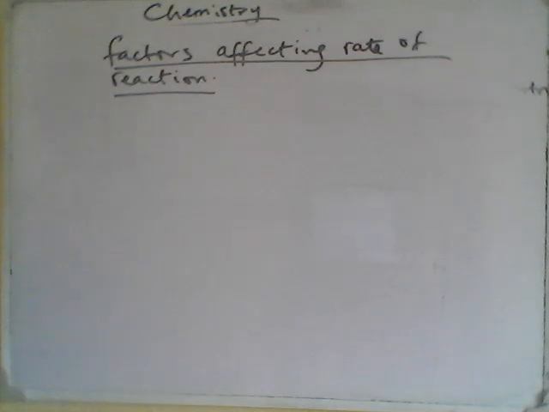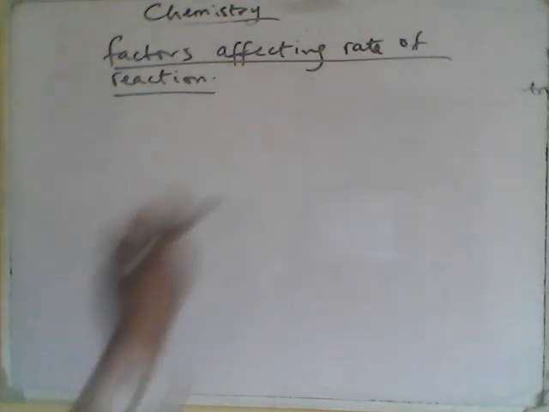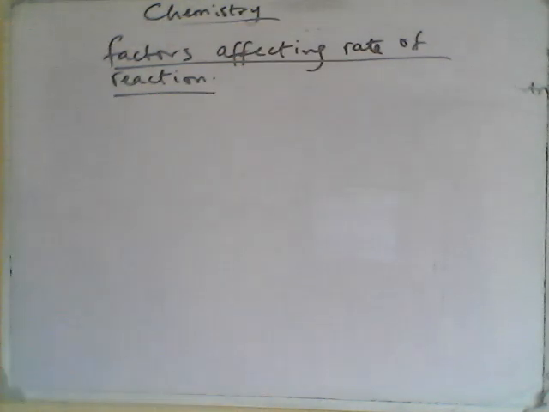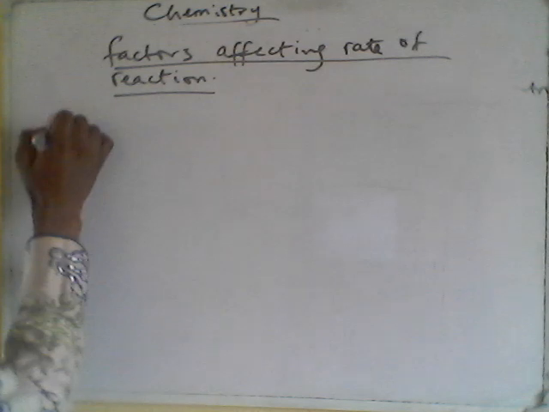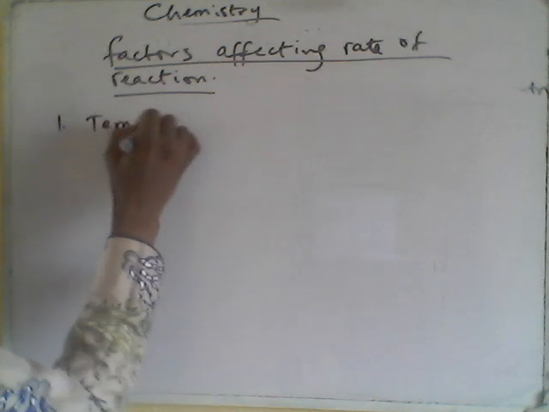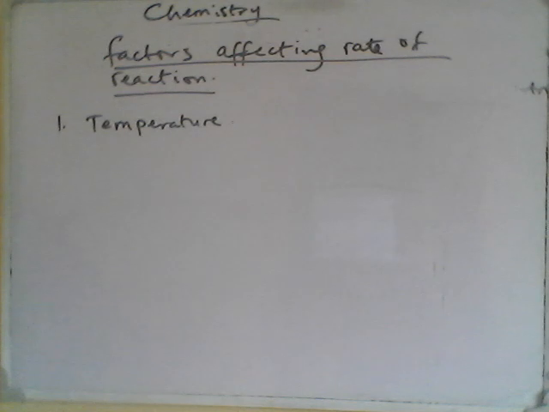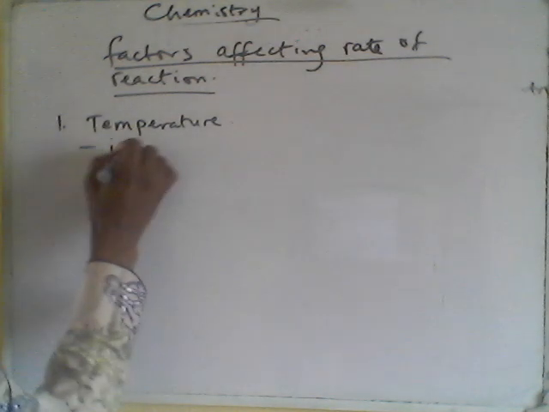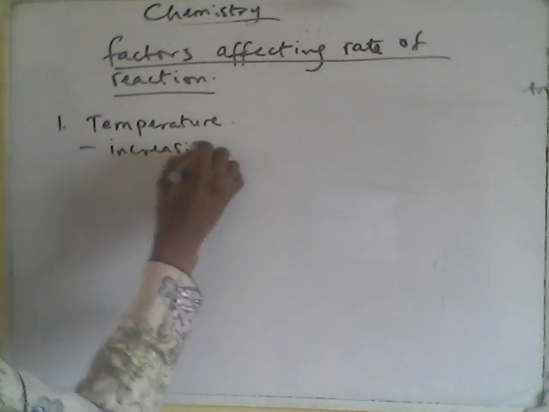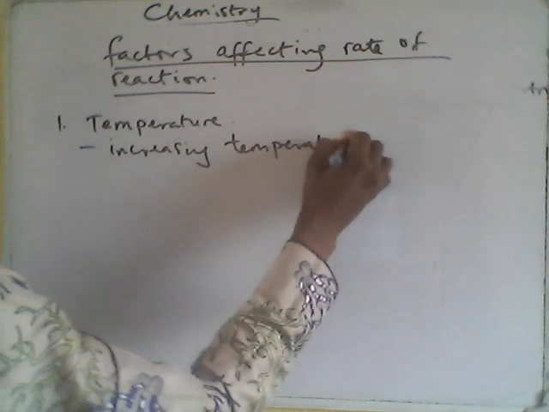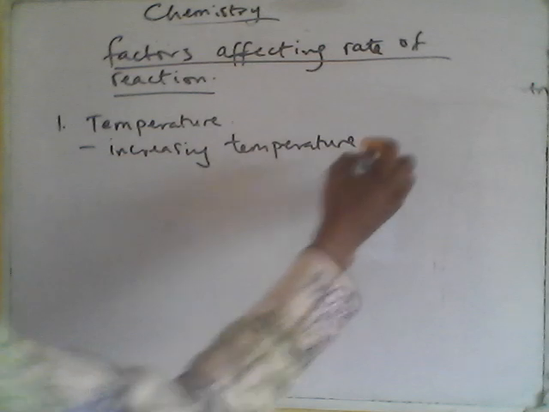Okay, so as the rate of chemical reaction occurs, there are factors that make it go either very fast or very slow. The first factor is temperature. Temperature is the degree of hotness or coldness of a body. So if temperature is increasing, what happens? The rate of chemical reaction will increase. Definitely,